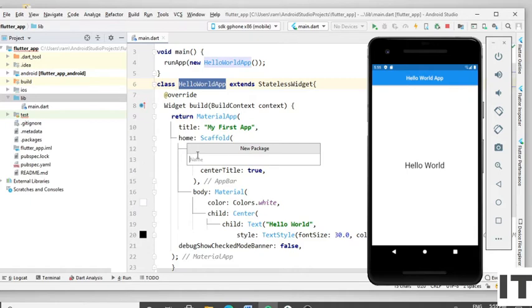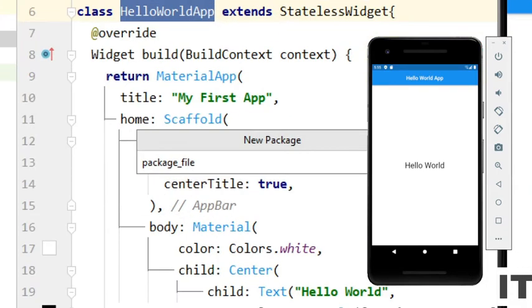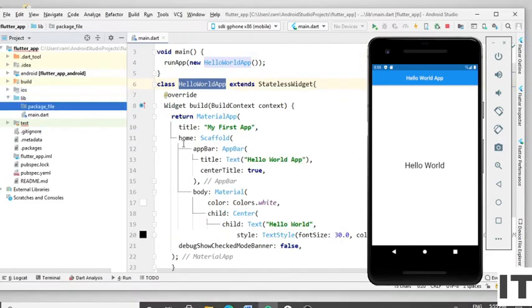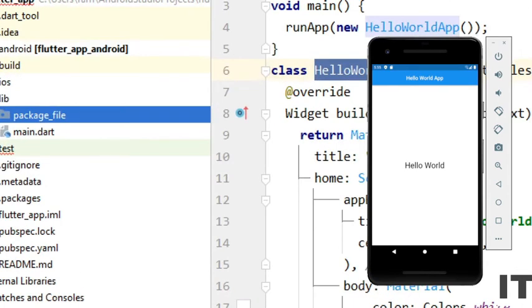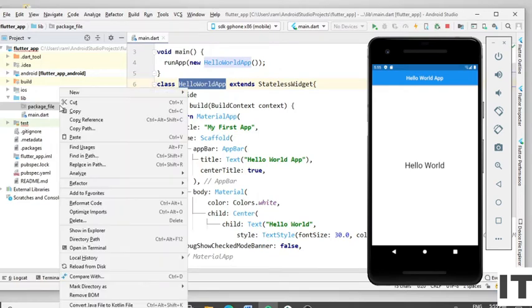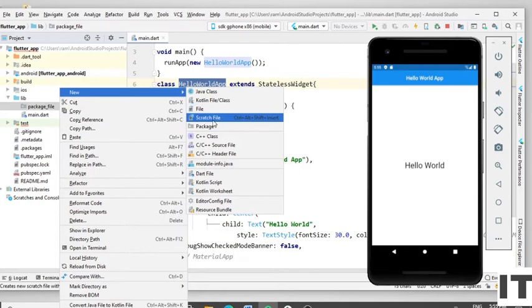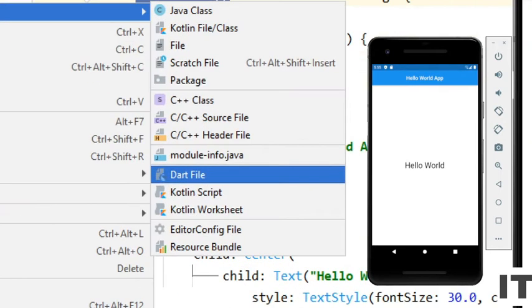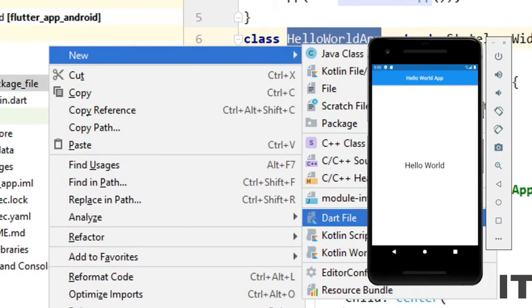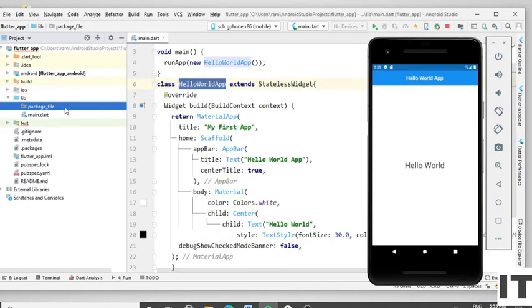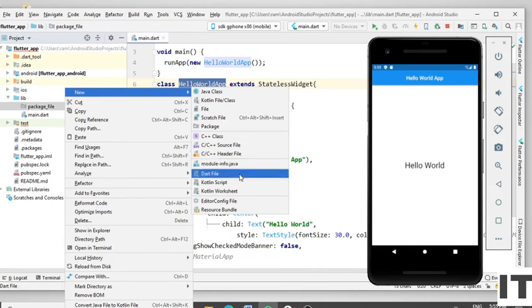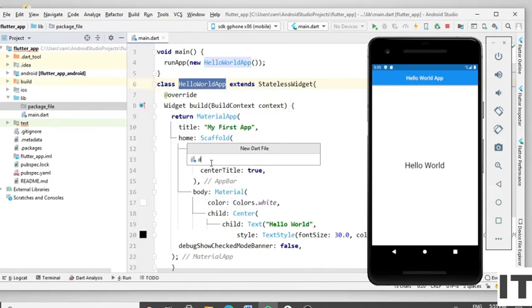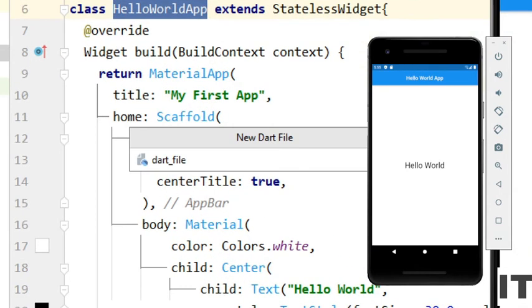Give the name of the package and press enter. Now right click on the package, click on new and click on Dart file. Give the name of the file and press enter.